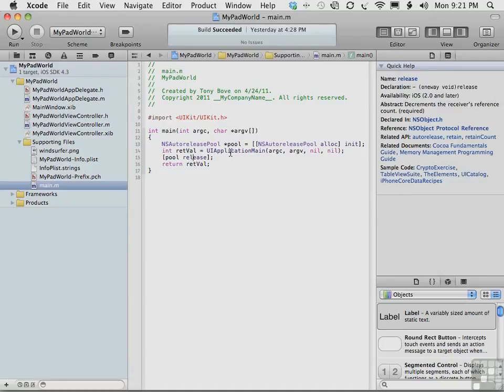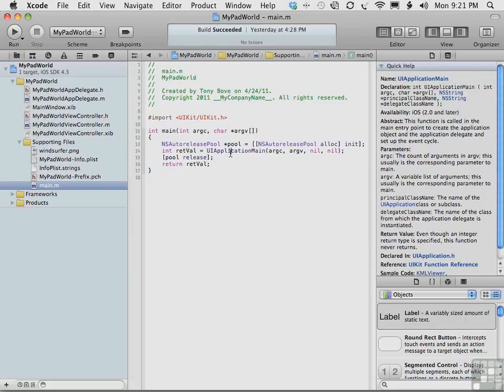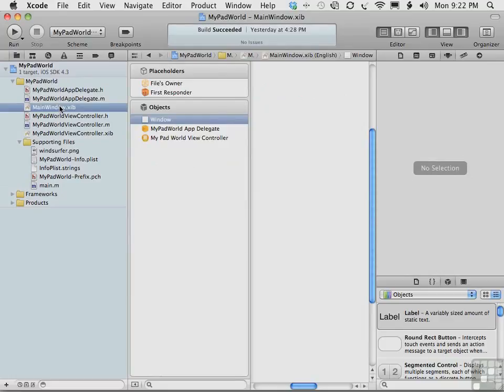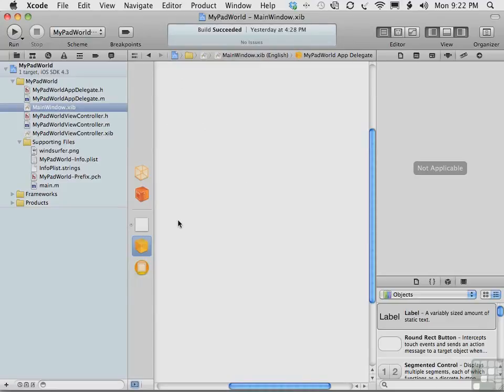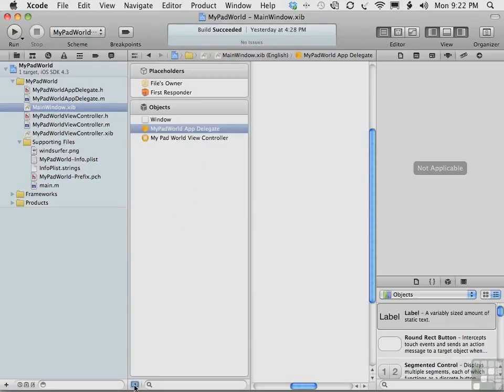But what's really important here is what UIApplicationMain does. The first thing it does is it loads the main nib file, which is mainwindow.xib. And as you know, it's a resource file that contains the specs for one or more objects. It usually contains a window object and an application delegate object. And we have that right here, the window object, the app delegate object. In case you didn't open the screen, you may see them this way. The dock can be opened again, though, by clicking here. We call this the Interface Builder dock area. And our nib file, the main file, is basically, as you scroll through here, just a white background window